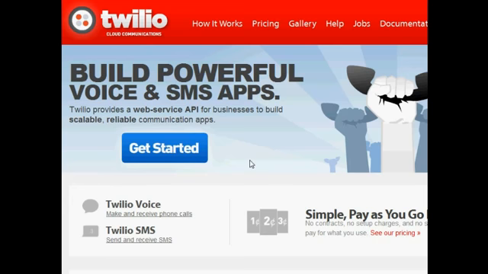So there's kind of two pieces to this. One's Twilio, the other one is OpenVBX. Twilio, like I said, is for developers, but one of the great things about it is it provides local phone numbers. And if you're in any kind of local business marketing, offline marketing type of functions, then Twilio can be a very valuable tool because it can provide local phone numbers for voice, but also